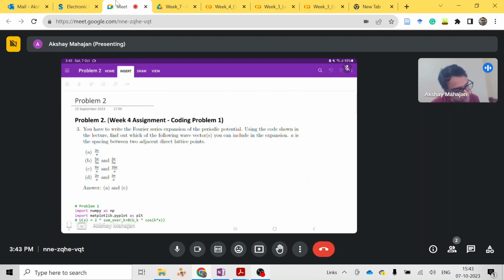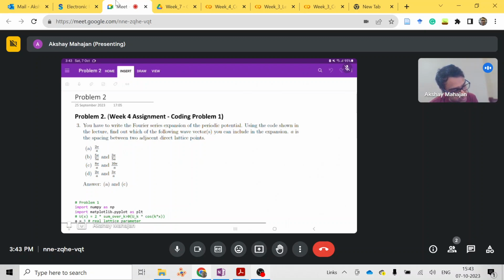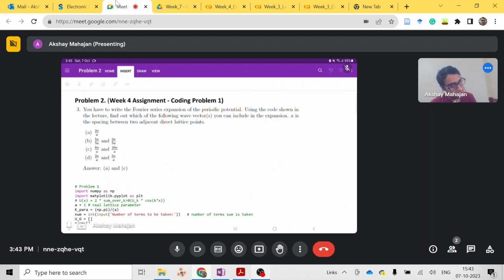Now you have to write the Fourier series expansion of the periodic potential using the code shown in the lecture. Find out which of the following wave vectors you can include in the expansion. A is the spacing between two adjacent direct lattice points. Okay, so